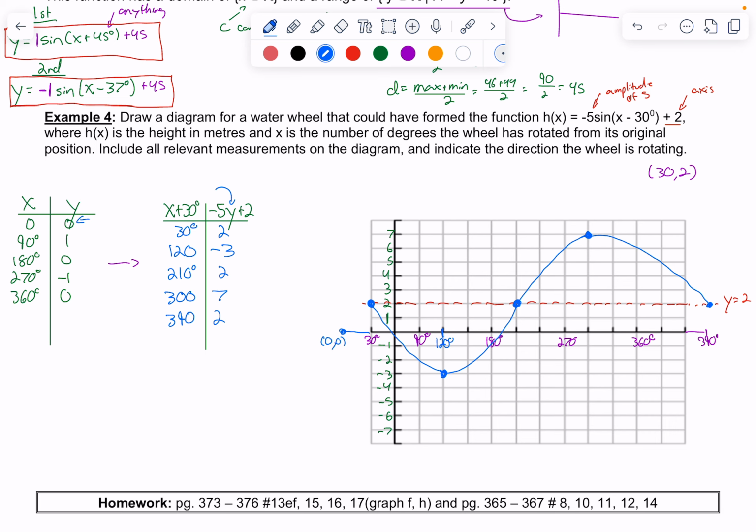All right, so draw a diagram for the water wheel. Include all relevant measurements on the diagram. Indicate the direction the wheel is rotating. Okay, well, you can see that if we're measuring the height